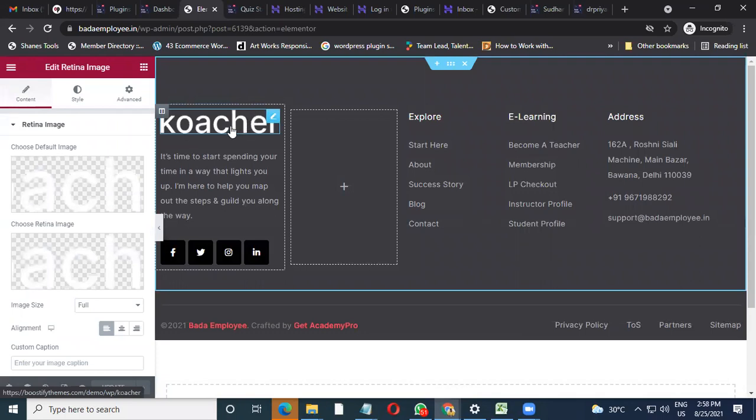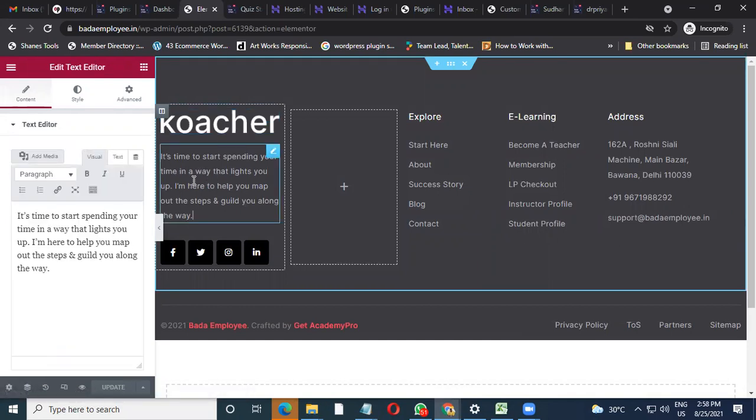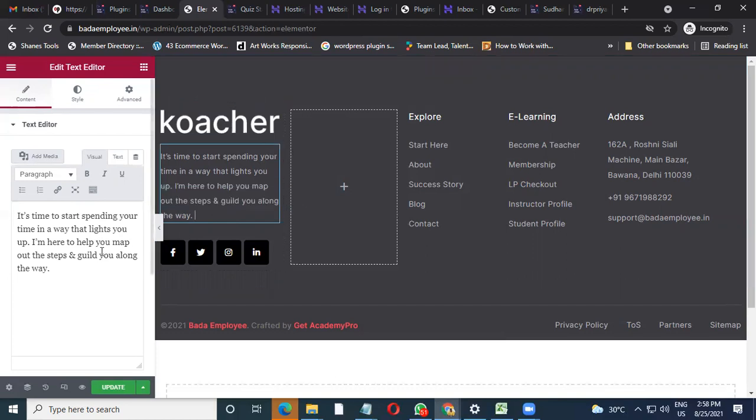Until and up to, if you feel it is the right thing to be done for your logo, it's your call how you want. Same way, content can be changed. Now with Elementor, there are two ways to edit: either edit it directly on the site itself, or, on the right hand side, you have a text editor. Always use this part. Why?